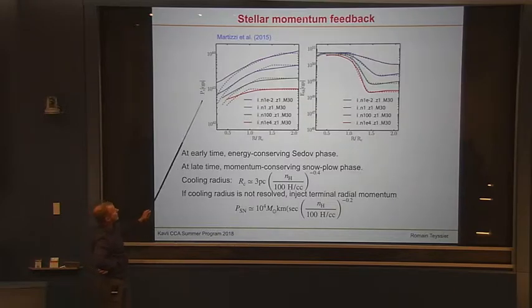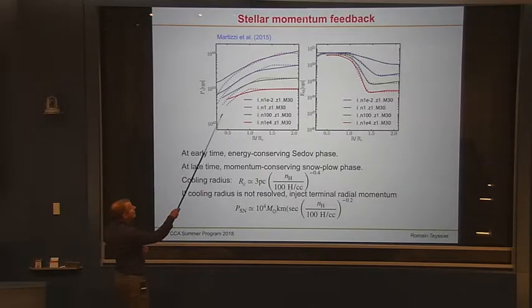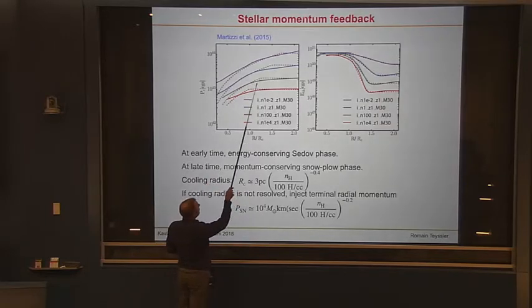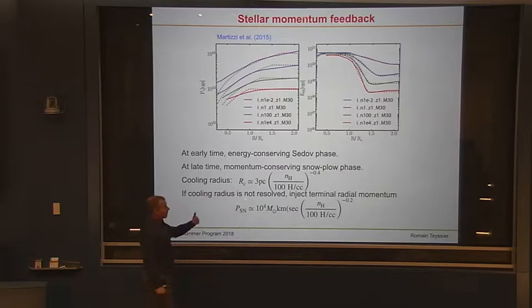So if you look at the momentum, in the early phase, the momentum is growing, right? So the thermal energy, the bubble is pushing on the gas, and the momentum of the gas is increasing. But then at some point, once you reach this cooling regime, the momentum is conserved and is plateauing, right? So you reach what we call the terminal momentum of the supernova.